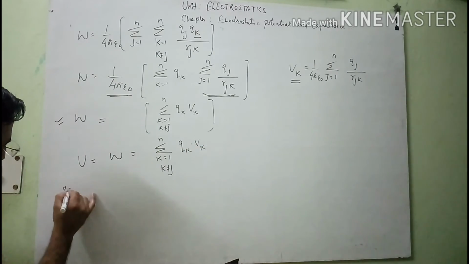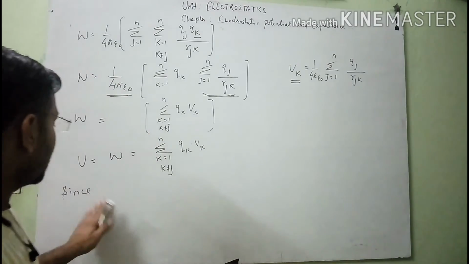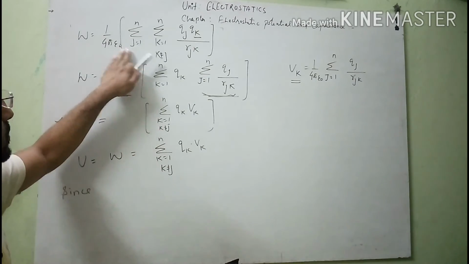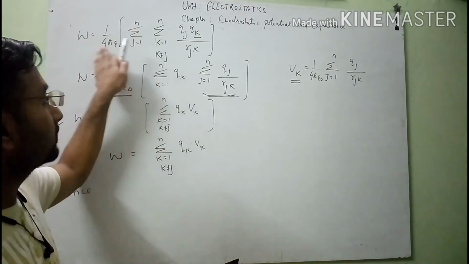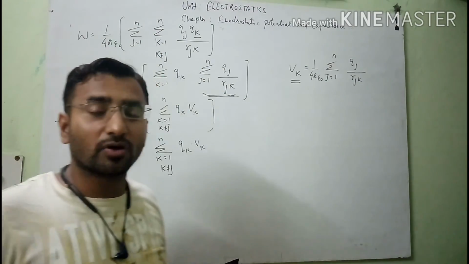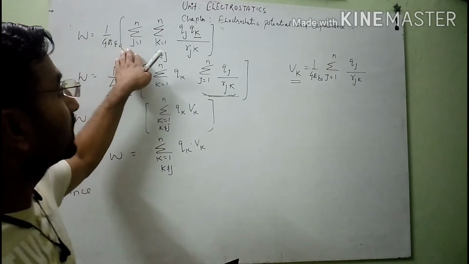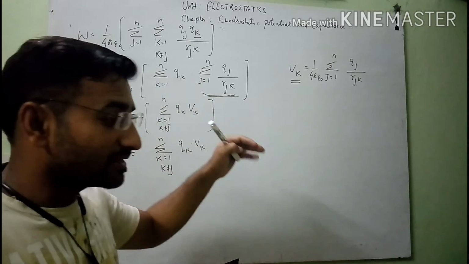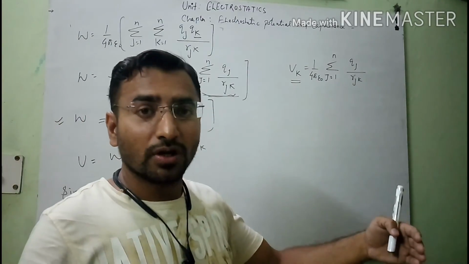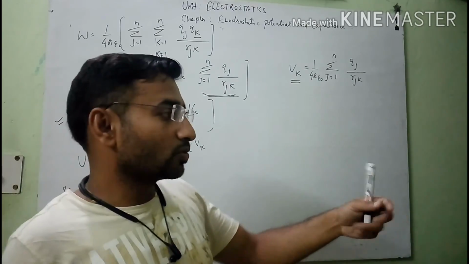Since students, note one point, here I will use one factor for this derivation. As you know, when you calculate the total amount of work done in an n particle system, or n charge system, this amount of work done will be like that. It means that when you carry the charge q1 first, then after that q2, then the amount of work done to carry charge q2 against q1.